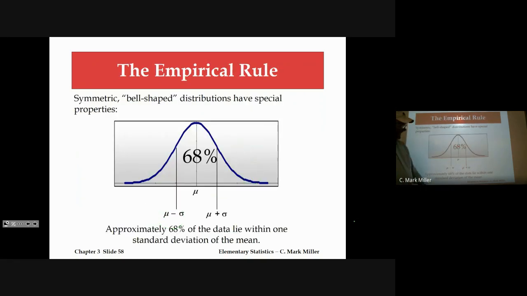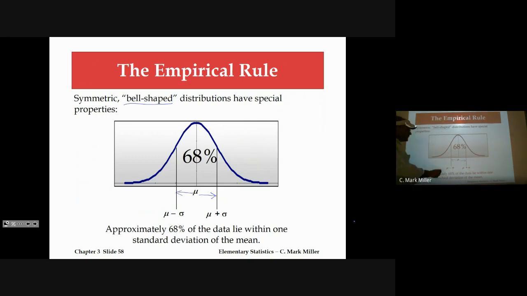All right. This here is fun. The empirical rule. It's sort of a back of the envelope rule of thumb calculation that to me is interesting. When you have bell-shaped symmetric distributions, they have some special properties. Their mean, median, and mode are going to be in the middle, right? And if you go out one standard deviation each way, one standard deviation that way, one standard deviation that way,